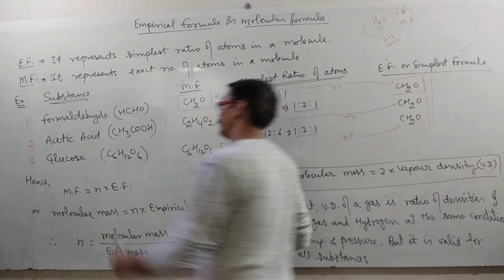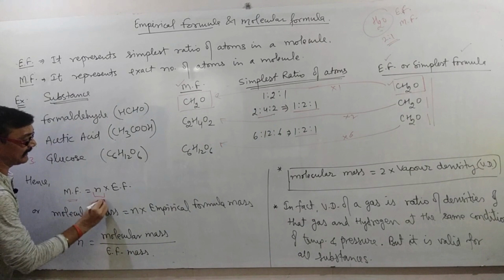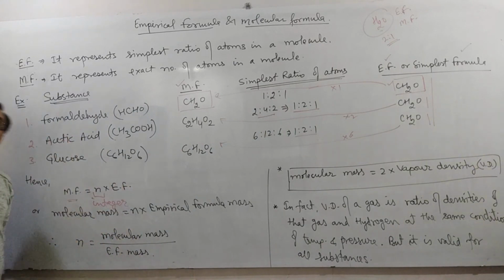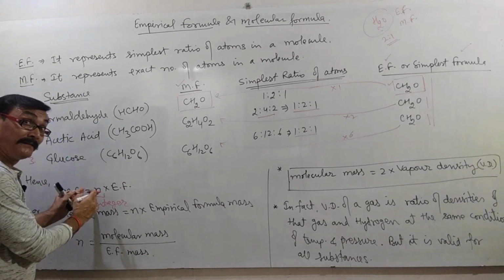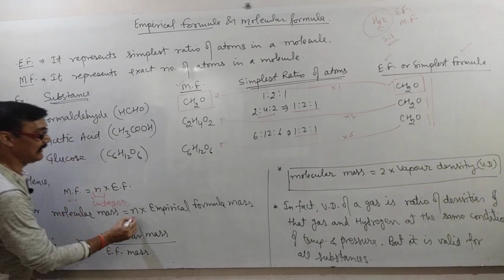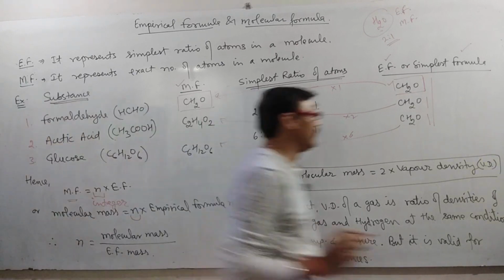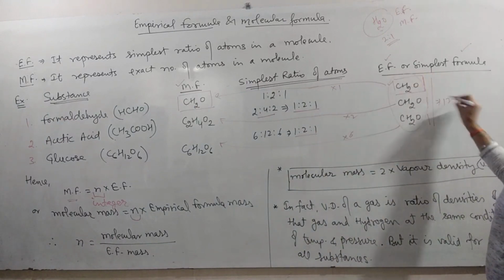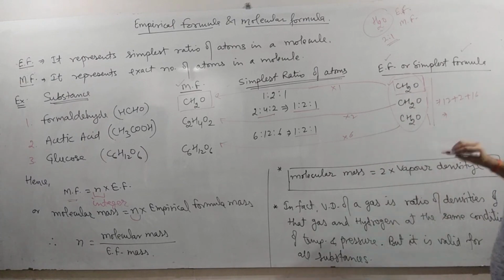That is, the molecular formula of a substance is an integral multiple of the empirical formula. If the molecular formula is an integral multiple, then it is clear that the molecular mass will also be an integral multiple of the empirical formula mass. For example, the empirical formula mass is carbon 12, hydrogen 2, plus oxygen atomic mass 16, it is